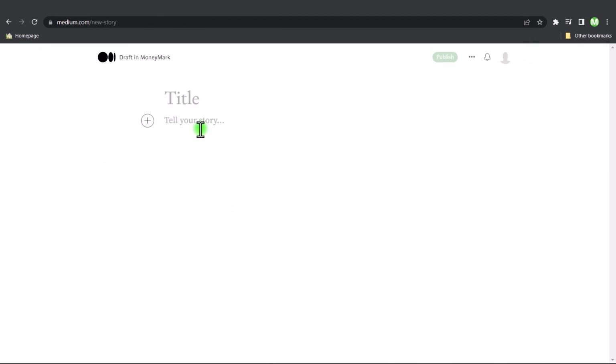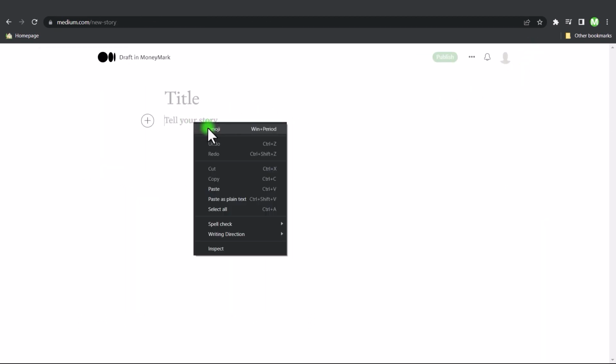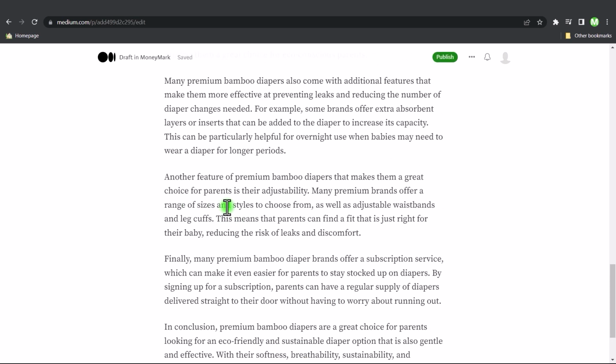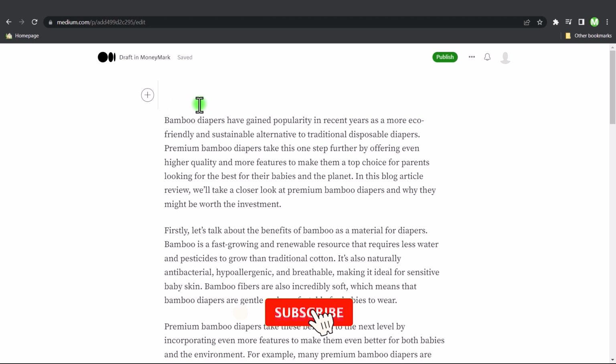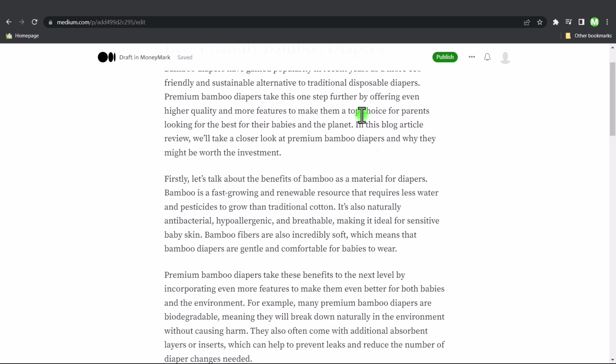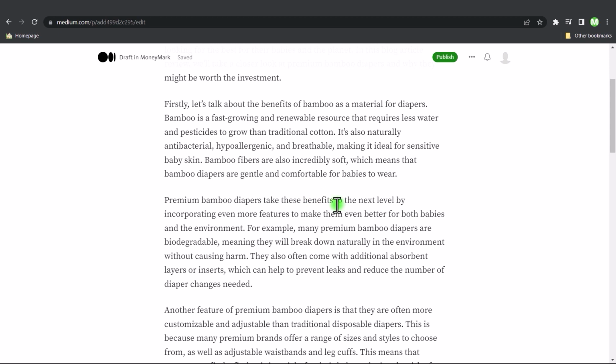And then we're just going to go here and paste the article that ChatGPT has written for us. Then we just want to scroll back up and put in the title. Remember, eco-friendly is the keyword that we want our article to rank for, so we need to make sure that we have eco-friendly in the title. So we'll just title it Eco-Friendly Bamboo Diapers. I will also recommend that you put eco-friendly throughout the article to give it the best opportunity to rank